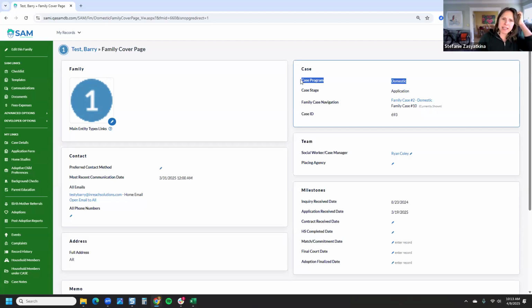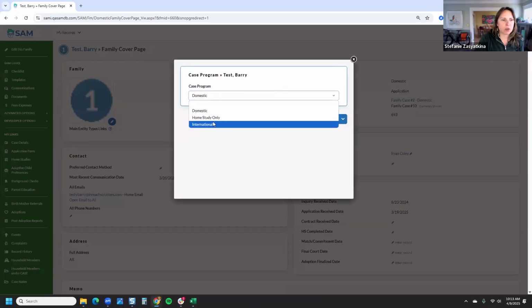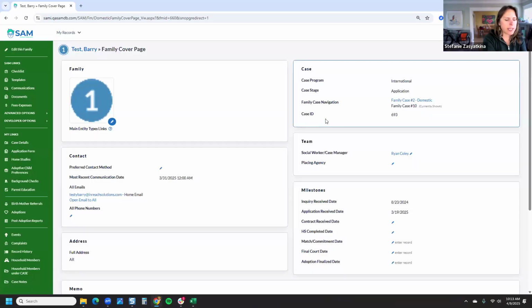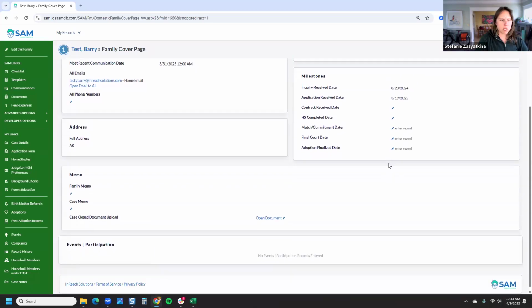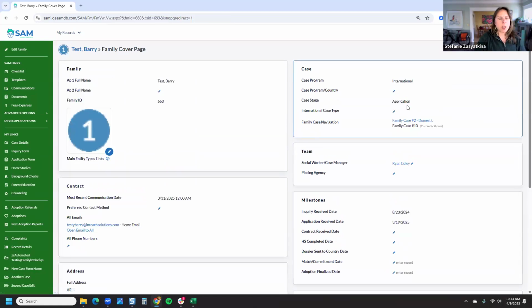And so in this case, I think these are both domestic. So I'm going to change this case to be an international. I don't think it automatically changes. And of course, I'm not 100% sure if we can tell the difference. There we go. Okay, here we go. So now we're on the international, and in international, I've got the case program or the international case type